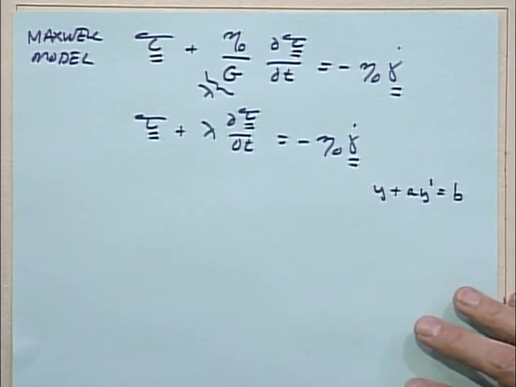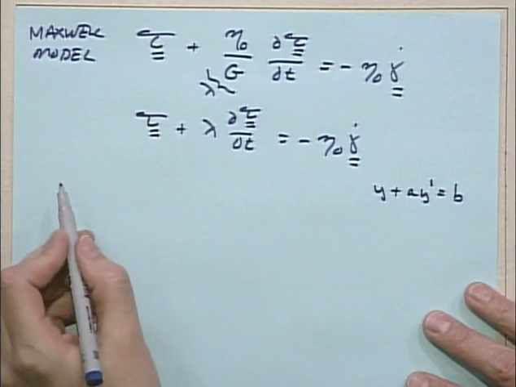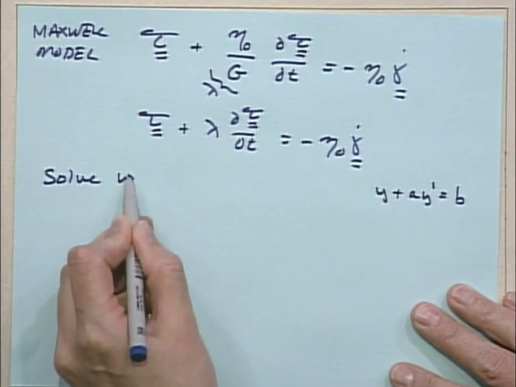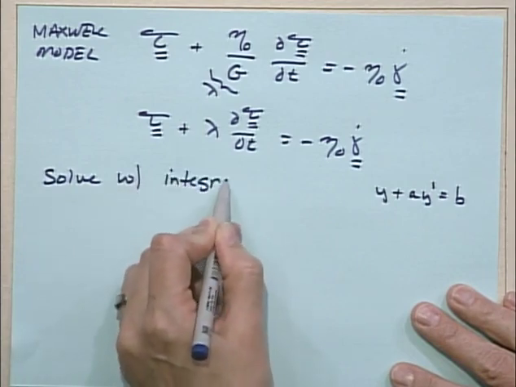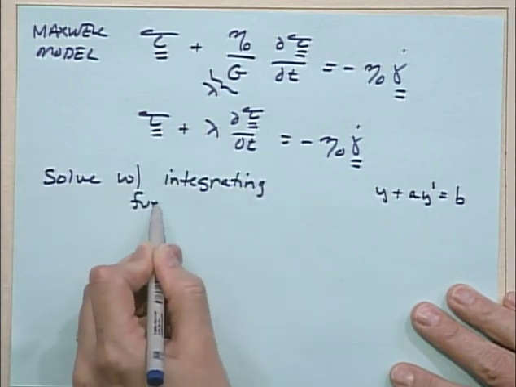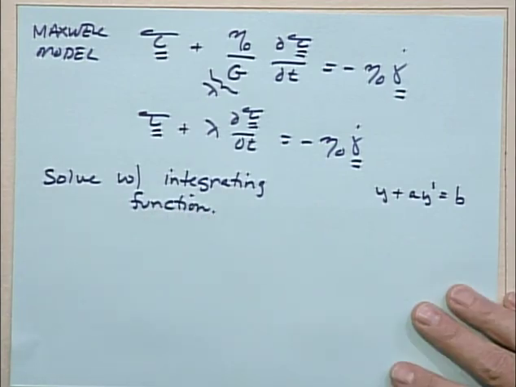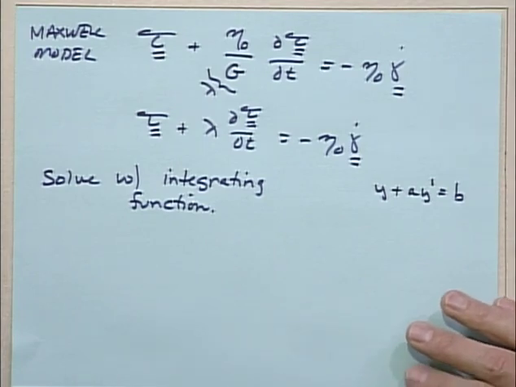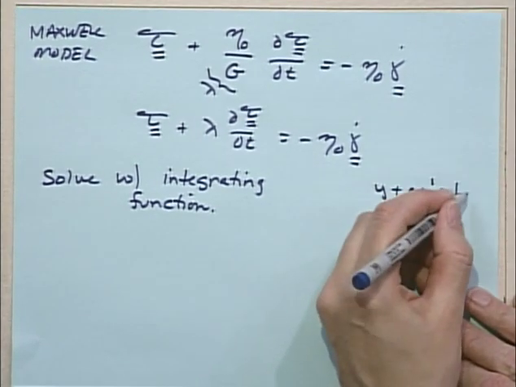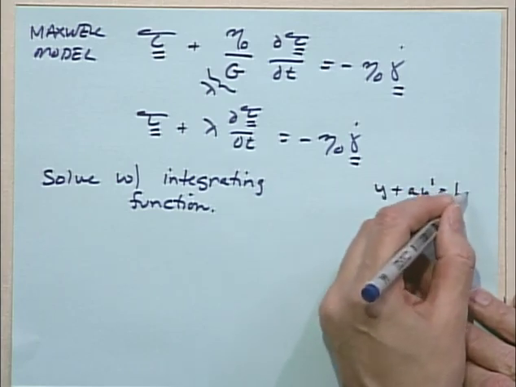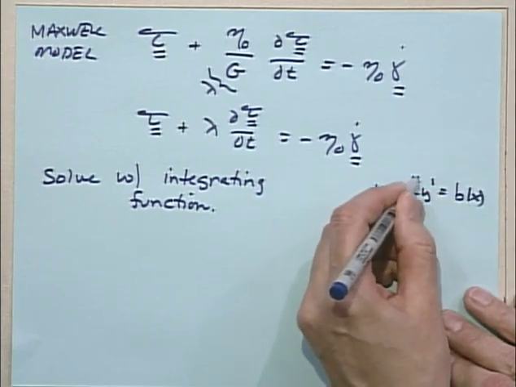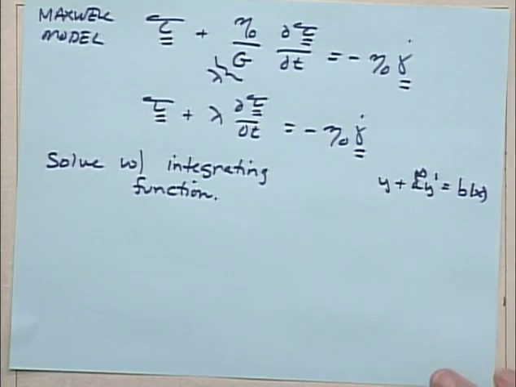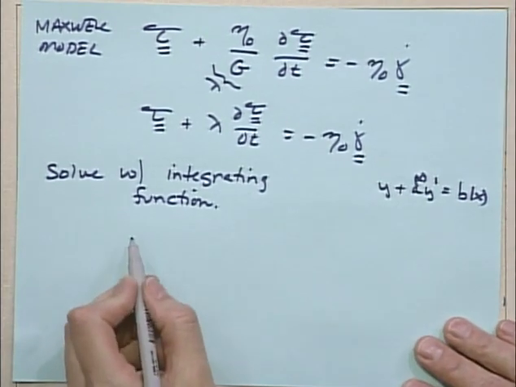It's one of the early ones in your differential equations class, and it's solved by using an integrating function. I'm just assuming, by solving it that way, that the shear tensor gamma dot is a constant. But it doesn't have to be a constant. Both of these can be a function of x. It's the same method. Okay, so the integrating function that we use for this is going to be